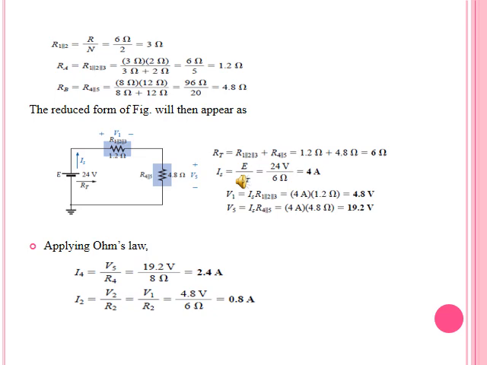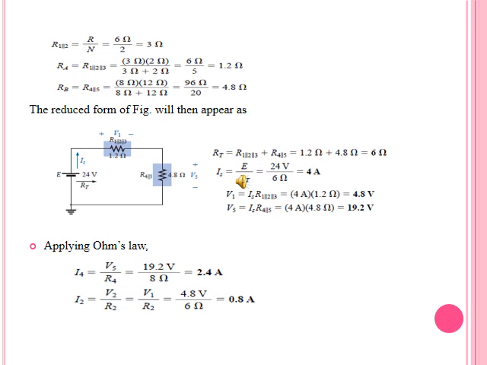Now we go to our previous step. What is our previous step? Our previous step is finding the values mentioned as I2 and I4. As we have already found V1 and V5, now we are going to find the currents in the parallel combination circuits. So we go back to our original circuit, which has the parallel combination of resistors R1, R2, R3, and similarly in block B, R4 and R5.